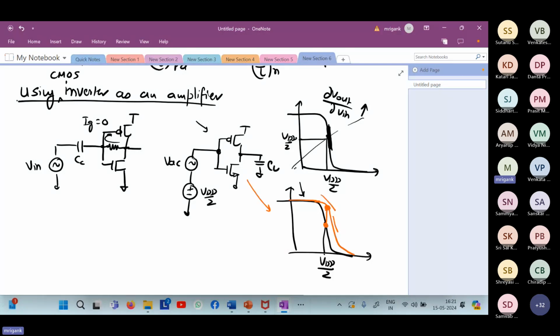As a result, from a DC point of view, it is forcing Vout equal to Vin, automatically ensuring that Vout is equal to Vin. Because from a DC point of view, that is what is going to happen. And therefore, you are automatically landing onto that point where the transfer characteristic is crossing the Vout equal to Vin point.